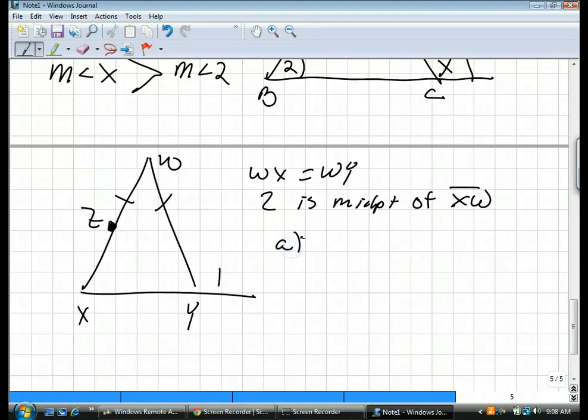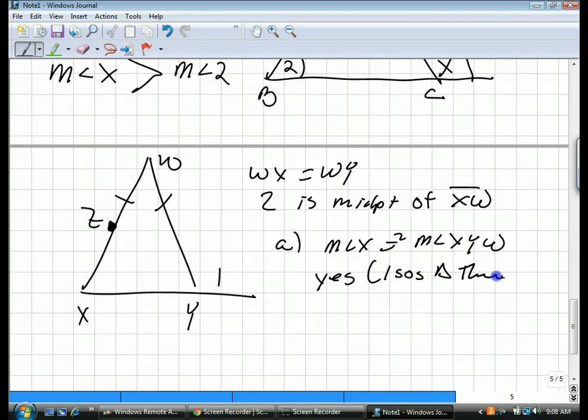tell whether the following statements are true or false. So number A, measure of angle X has to equal measure of angle XYW. Okay, yes, that would be true, and that's true by the isosceles triangle theorem, because